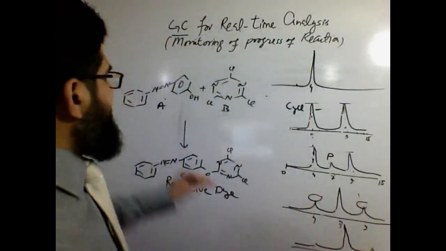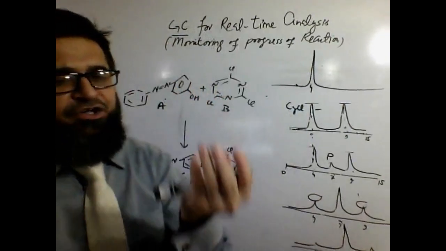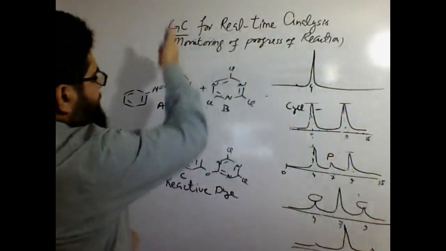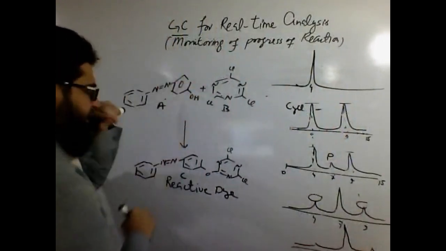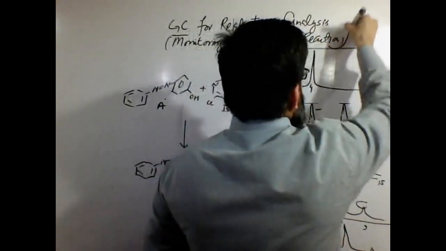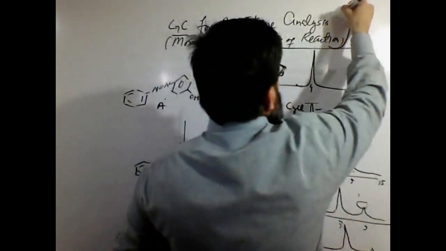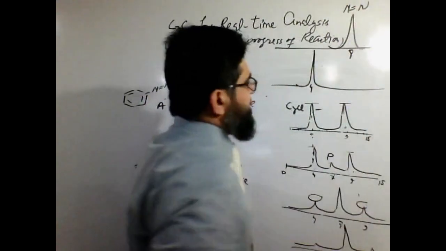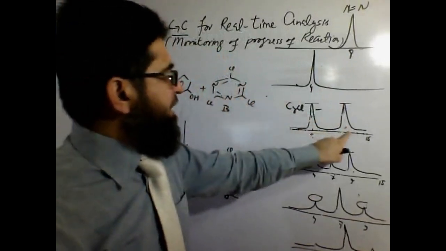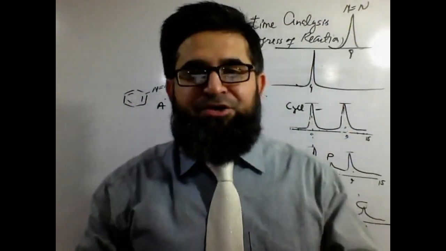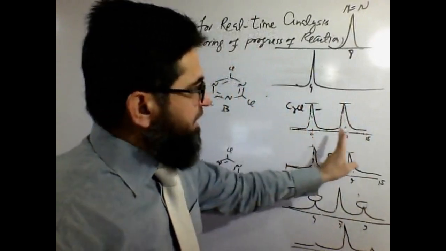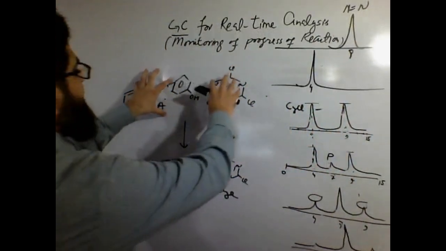Similarly, we will take this molecule alone, dissolve it in a solvent, take that sample and run on GC. When this molecule alone is run on GC and a peak appears at 9, then we will have this azo molecule appearing at 9. So then we can say that the peak at 4 is due to this body and the peak at 9 is due to this body. So if we want to know the exact peaks at 4 and at 9, we need to run them separately as well.